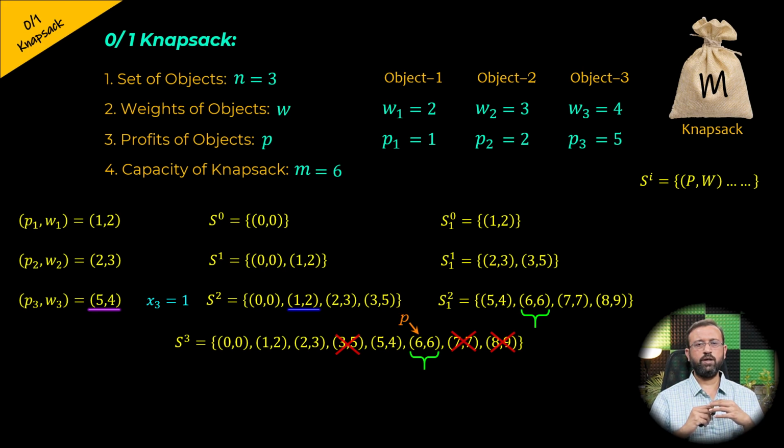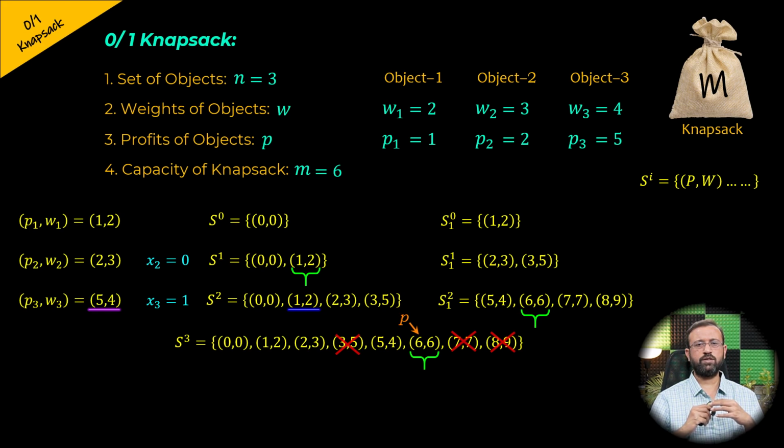So now we need to trace back how we got the pair 1 comma 2 in set S2. We got the pair 1 comma 2 from set S1. That means the pair P2W2 representing object 2 is not included. Therefore the solution X2 will be 0. Remember, the set S1 contains pairs not including the pair P2W2 representing object 2, and the set S11 contains the pairs including the pair P2W2 representing object 2. Therefore, since the pair 1 comma 2 is in set S1, the object 2 is not included